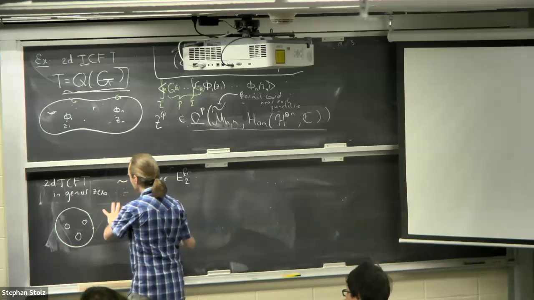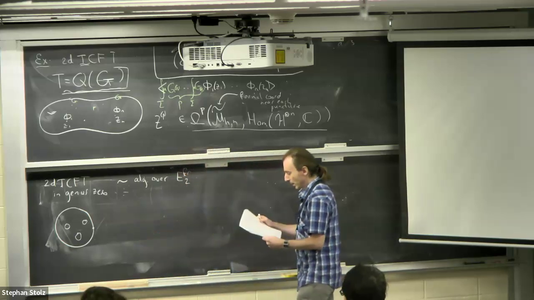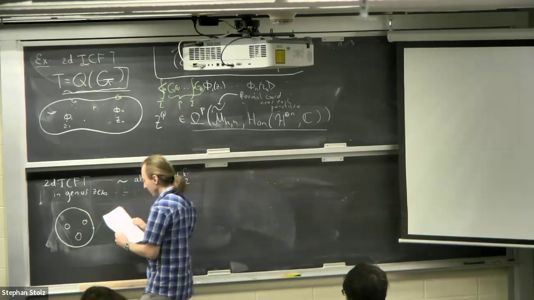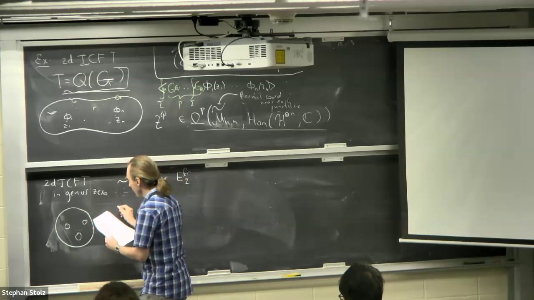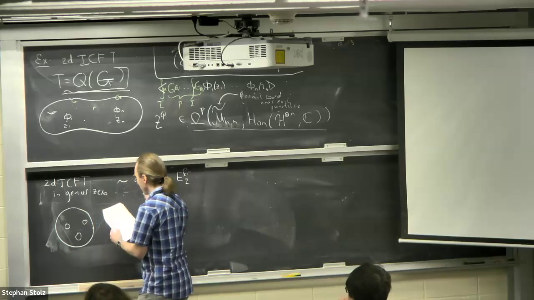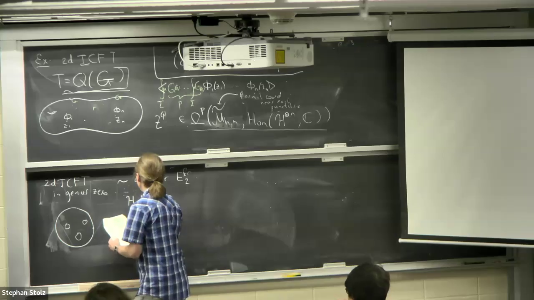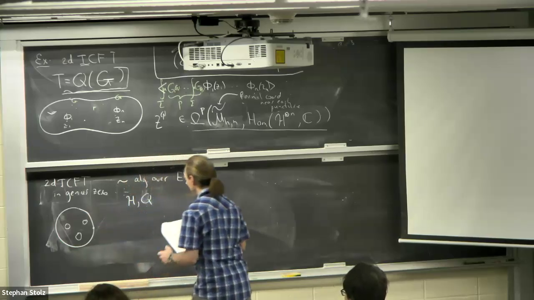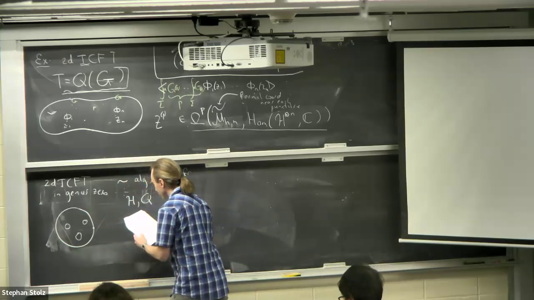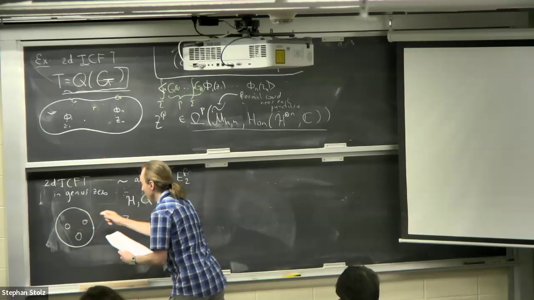How the composition goes: I take one such picture, scale and rotate, and plug it inside one of the holes. That's how the operadic composition works. So then a 2D TCFT in genus 0, in this language, is an algebra over this operad. That is to say, it is a chain complex of states for a circle, together with a collection of differential forms on these configuration spaces